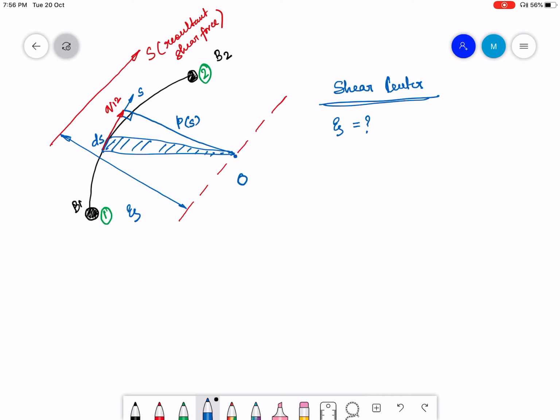Now, what I have to do to find out the shear center is to take the moment about O. So, O is an arbitrarily chosen point. So, it depends on the engineer who is working on it. So, any convenient point that minimizes the calculation is what O is. Okay. So, taking moment about O,